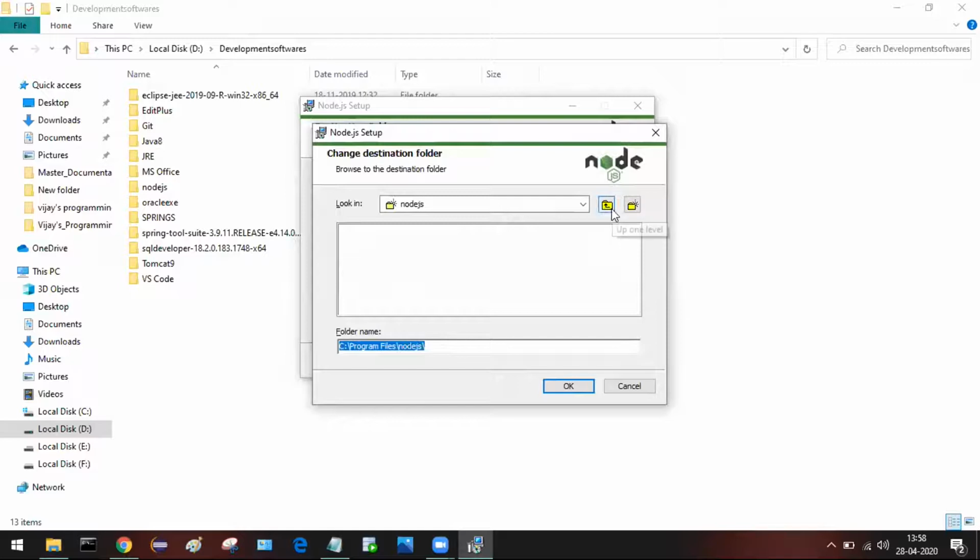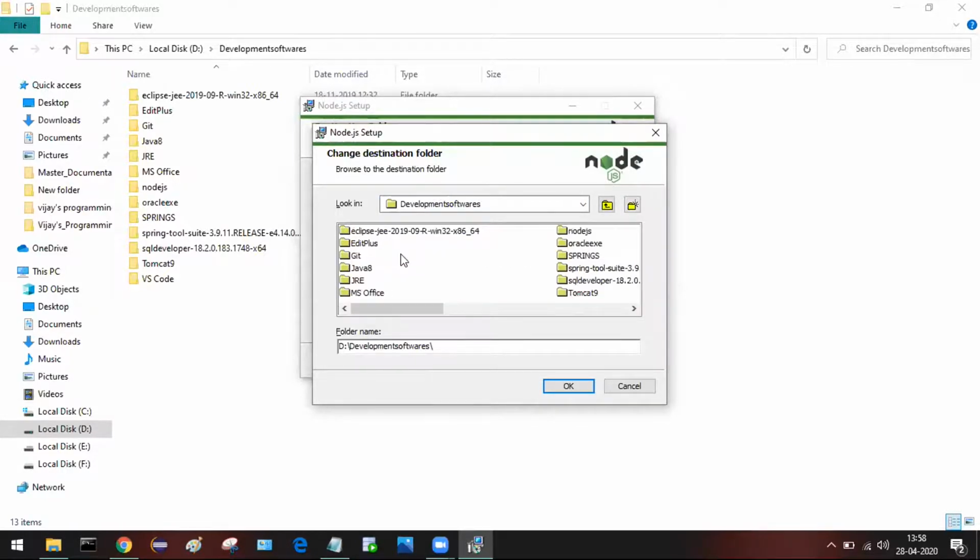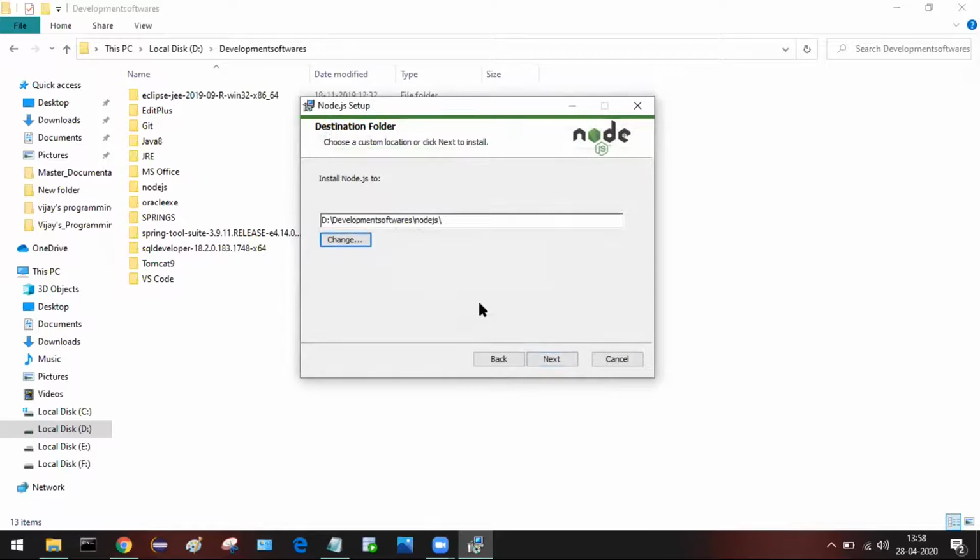Click on that and you can direct this installation to that particular folder, that is D drive, development softwares, Node.js. This is the folder. Yes. Now click on next.